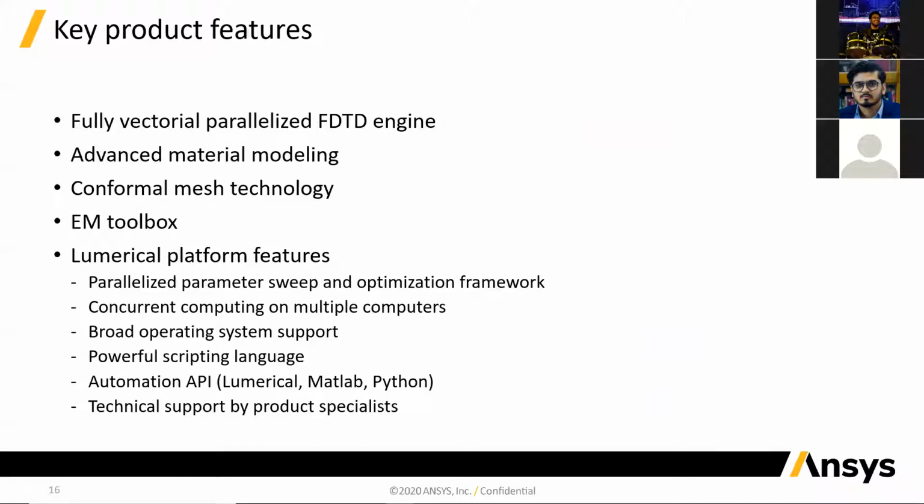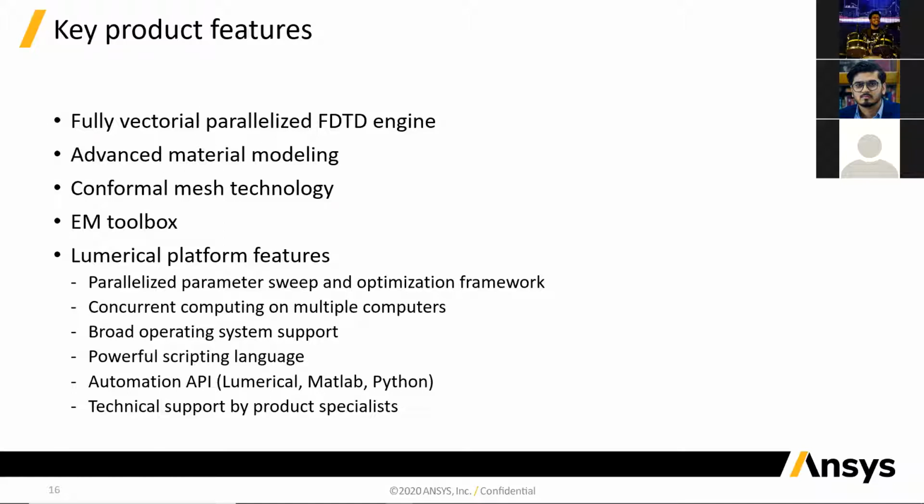In terms of material modeling, FDTD has lots of built-in material models for common materials, so you can utilize those. It also allows you to bring in material data from elsewhere. So if you're working with something that is not in the material database already, you can bring that information in from elsewhere. In terms of meshing,